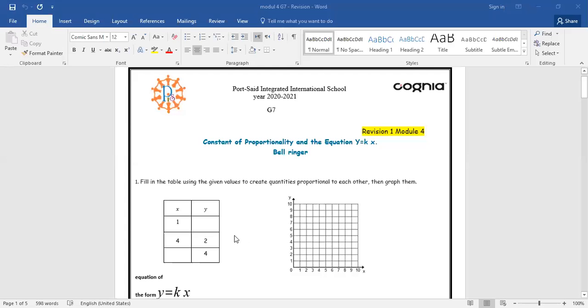How will we complete the table? You can make a cross product, like 2 times 1 divided by 4. Or 4 becomes 2. What happened? What happened here? You divided by 2, right? Then for